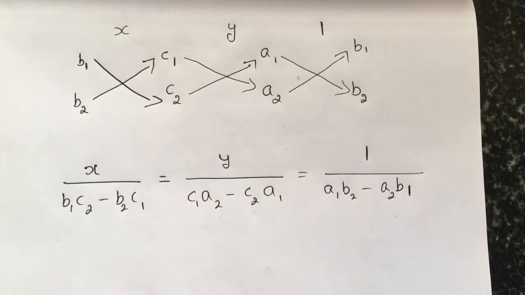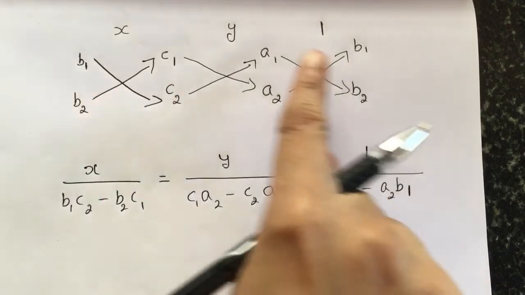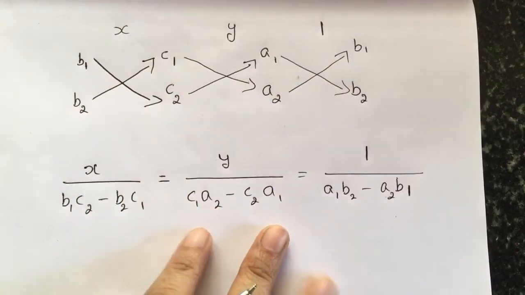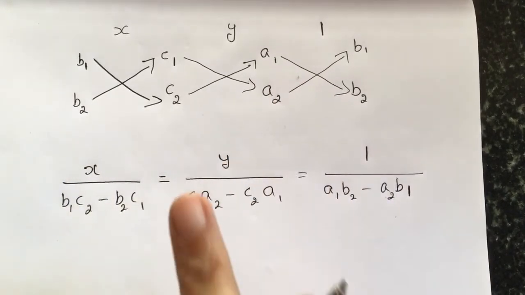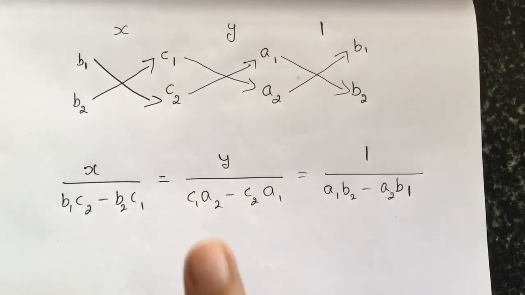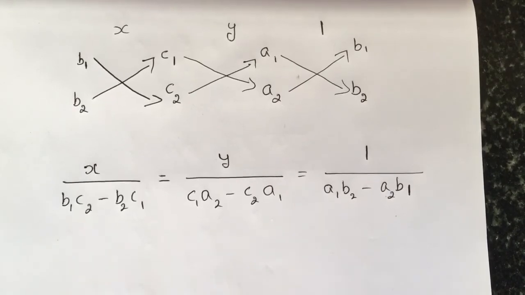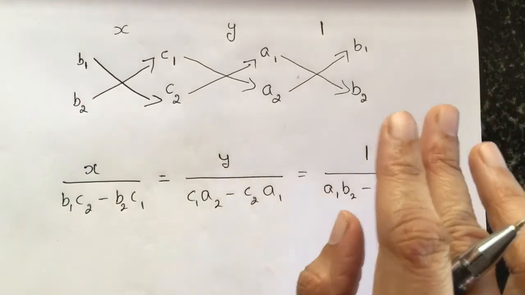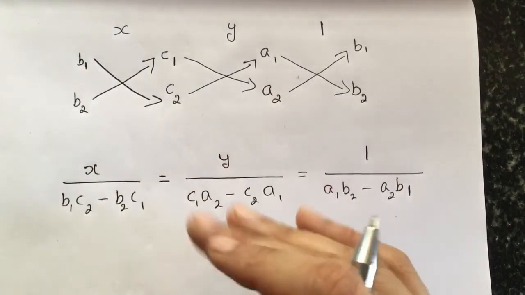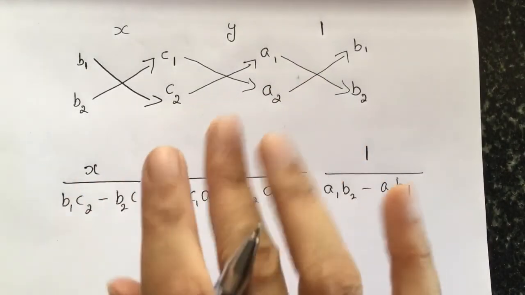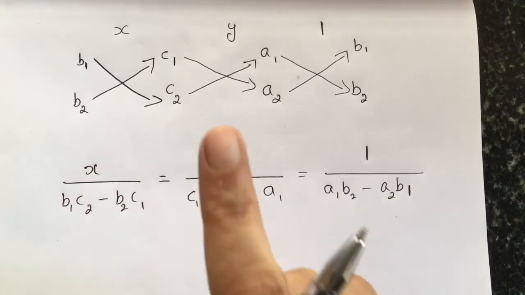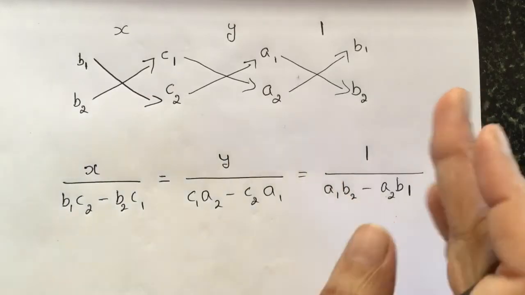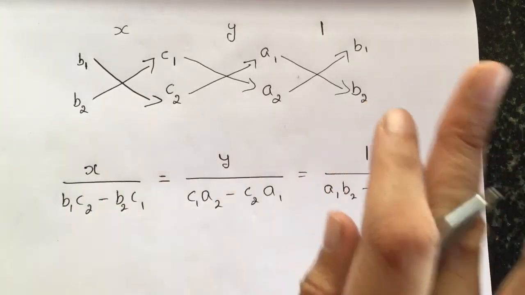So this is how you can cross multiply the coefficients to get the values of x and y. Remember, the first thing is to check whether a1 by a2 is equal to b1 by b2 equal to c1 by c2. If that is the case, then it has infinitely many solutions. If a1 by a2 is not equal to b1 by b2, then obviously there is a unique solution. And when a1 by a2 is equal to b1 by b2 but not equal to c1 by c2, then there is no solution at all.